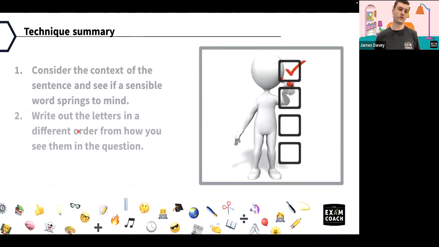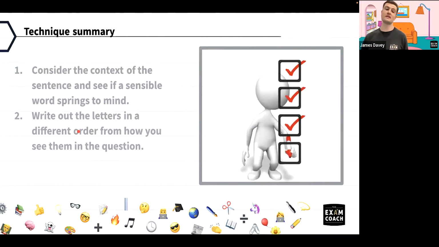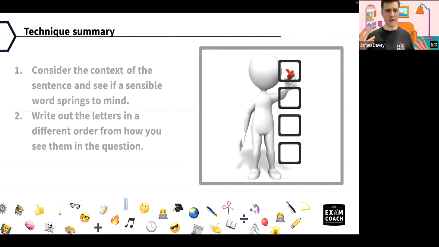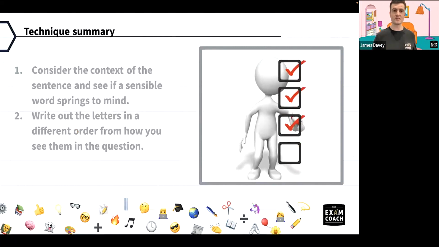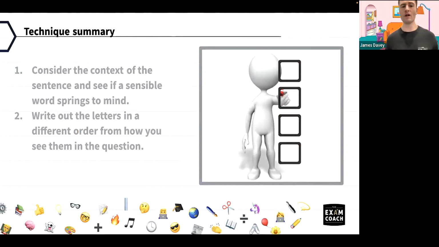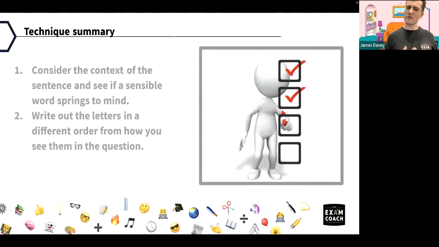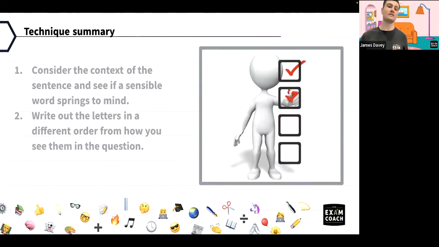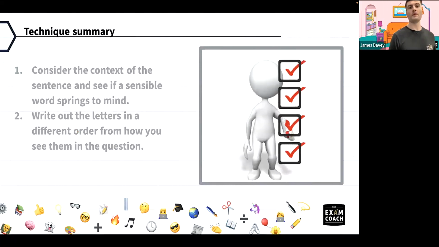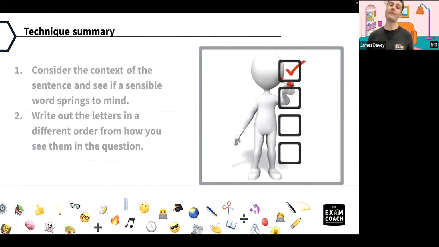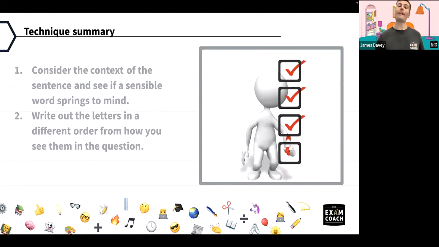The next port of call could be to write out the letters in a different order from how you see them in the question. There could just be something blocking your brain. Maybe your brain hasn't seen letters and consonants next to each other in that way before. And there might just be a bit of a block where you just can't quite see it. And you just need to change the angle. In that case, write out the letters in a different order, rejumble them, and your brain will probably make a different pattern, a different connection, and that might just make the penny drop, and then you're going to have the